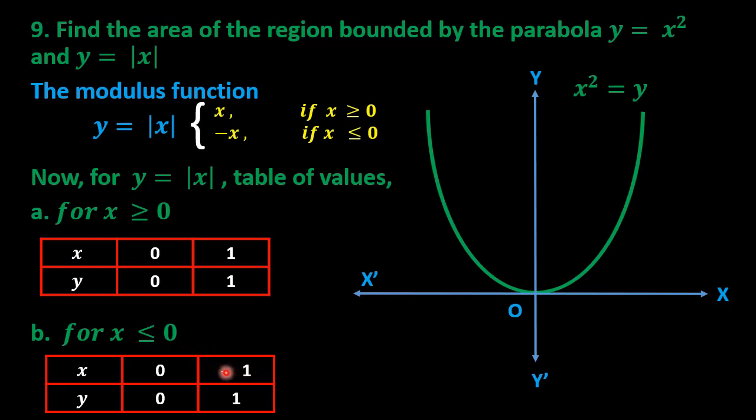So when we take x equals minus 1 and replace it here, then because of this mod sign, y will be plus 1. So this is the difference. If you put x equals minus 2 here, then because of this modulus sign, y will be plus 2. So if you put any negative integer here for the value of x, the value of y will always be positive. So this is the modulus function. So the first point here is (0, 0), which is the origin.